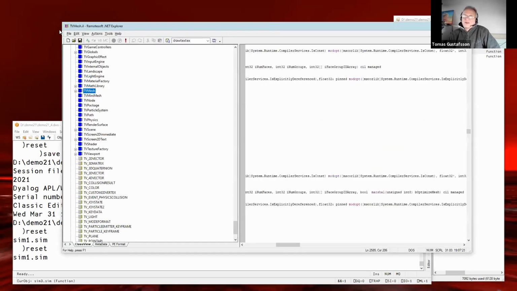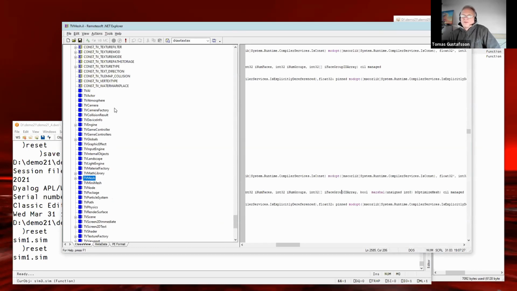I use RemoteSoft .NET Explorer, which is old freeware. There is much better software available as well. But here you can see a bit of it, this part is small font.